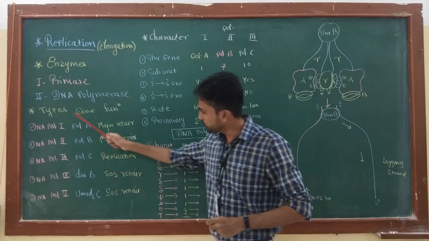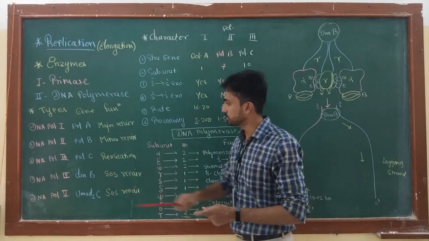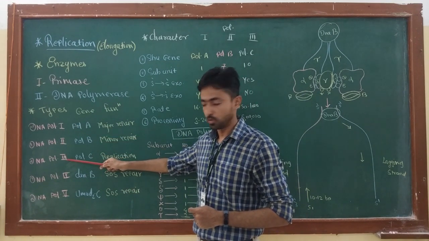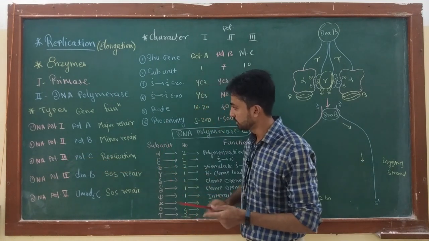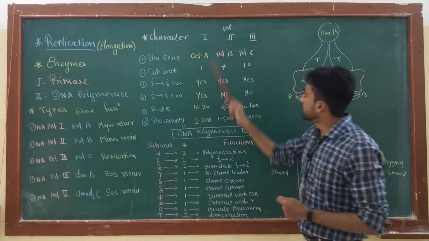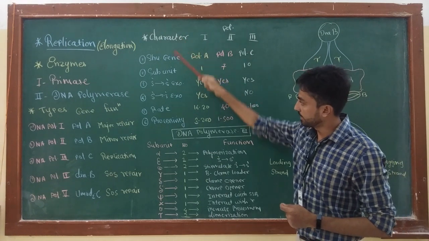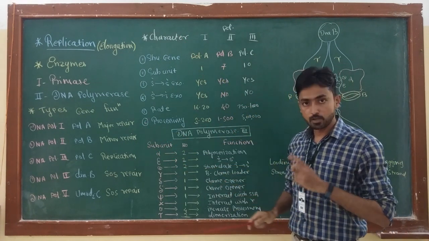Now, out of these 5 DNA polymerase enzymes, only the first 3 are well characterized and well studied, because these 3 enzymes are important. So in my next point, I'm going to discuss these 3 enzymes. Here you can see polymerase 1, polymerase 2, polymerase 3 and their characters. All these enzymes play different roles in the cell.